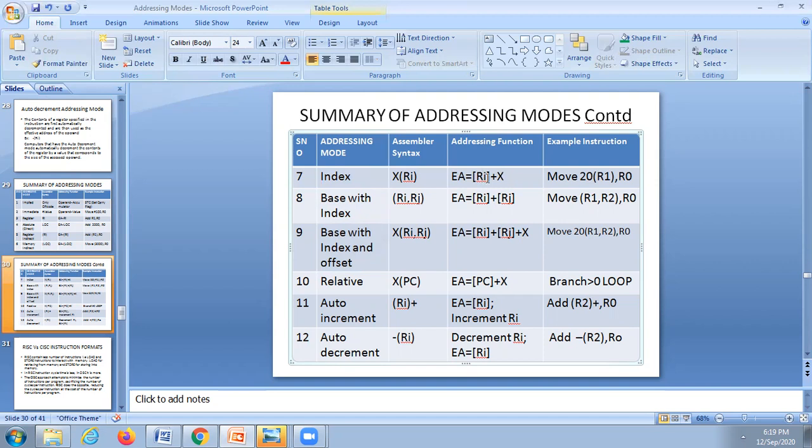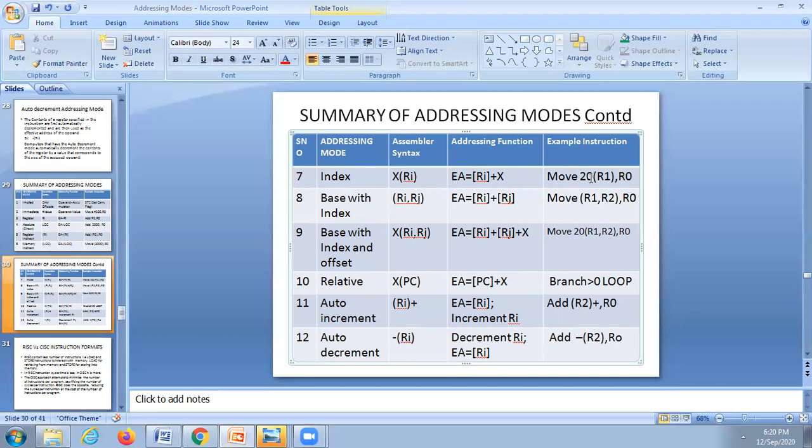Ri is within the brackets, which means Ri contains the address. Whatever Ri contains, that address plus X will give the effective address. After adding these 2, with that effective address you point to the memory and get the operand. That is the meaning of that.